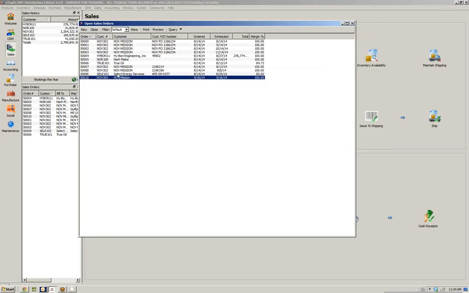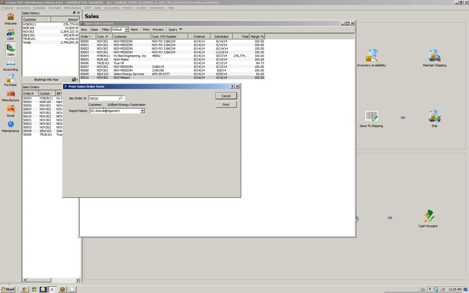So now what you may want to do is print it. So you can right click and you can print a packing slip. You can print the sales order. You can actually issue it to shipping from here as well. So what we'll do is we'll print the sales order form. And what that means is that you can have, again, as I mentioned earlier, different forms for particular sales orders. So if you press the print sales order form,